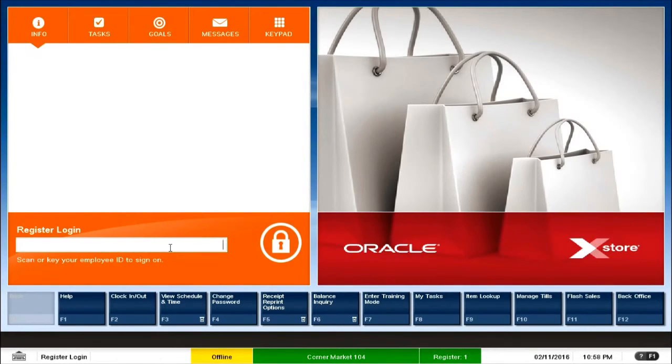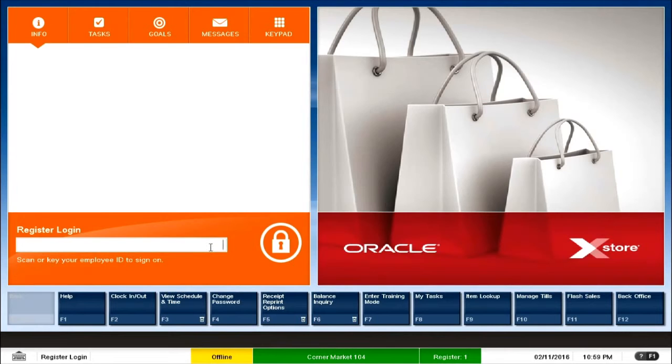So when you add a customer to the Xstore point of sale, Xstore internally starts tracking all the activities of the customer in the store based on each transaction performed where the customer is linked. So if I link a customer to a transaction, every time the customer comes and shops in my store, the Xstore point of sale has the intelligence of tracking the activity and giving us a summary of what the customer has been doing. So let us see how this happens.